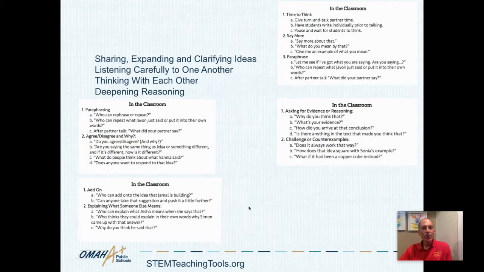The STEM teaching tools are another fantastic free resource for science educators about many aspects of three-dimensional teaching. Each teaching tool is only a 1 or 2-page document with ideas to implement, reflection questions, and links to research and resources. So here's a set of cards that teachers can refer to prompt students to continue to build interdependence among students, to strengthen their science practices while grappling with the content.